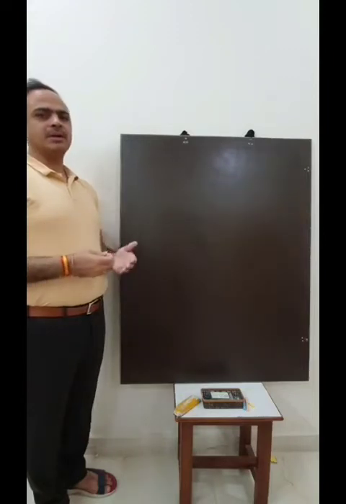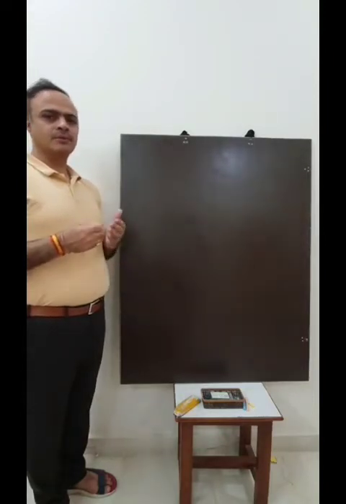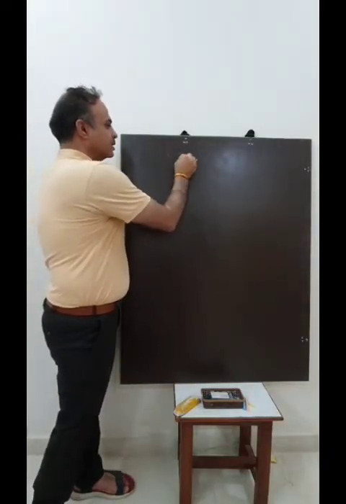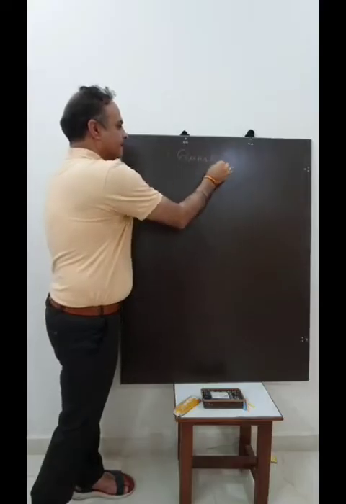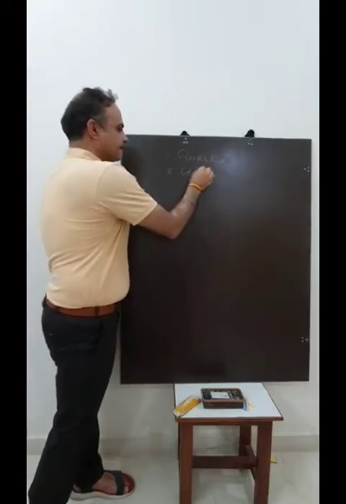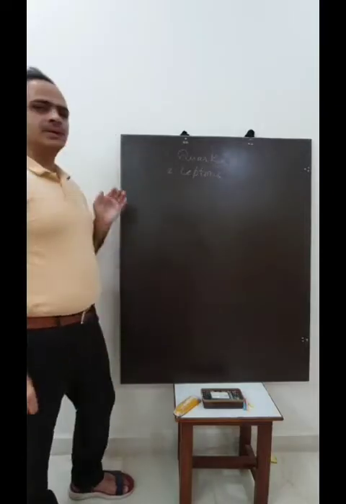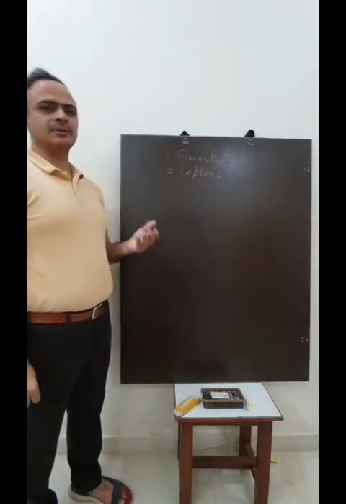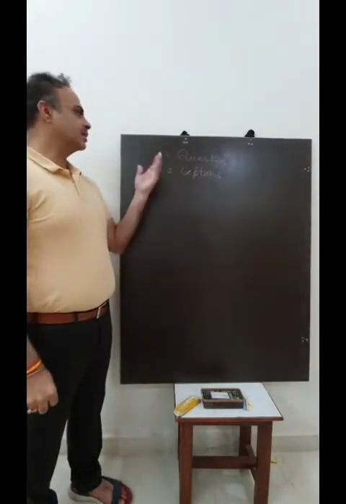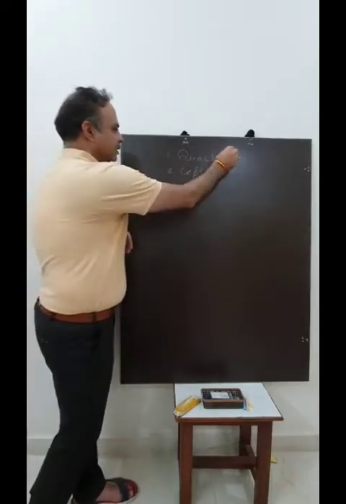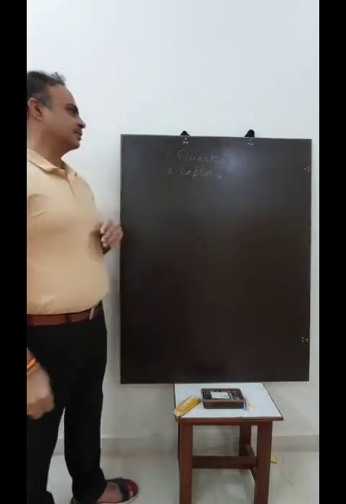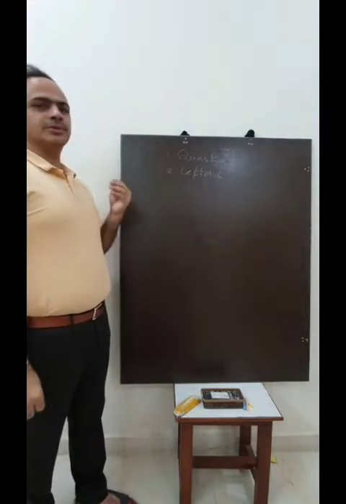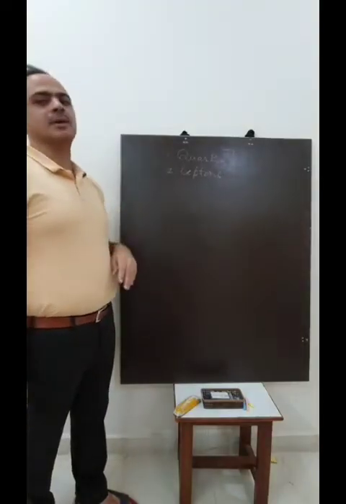Nowadays it is assumed that matter is made up of two fundamental particles: number one, quarks, and leptons. Initially it was thought that neutrons and protons were fundamental particles, but they are not. Now there are other fundamental particles which we call quarks. The neutrons and protons, these baryons, are made up of quarks.